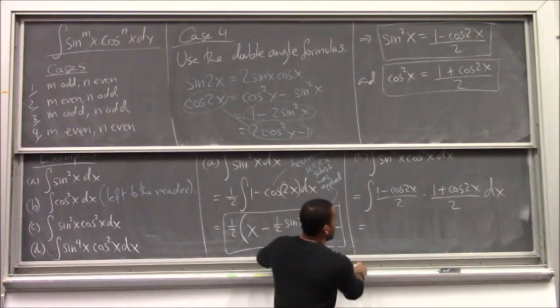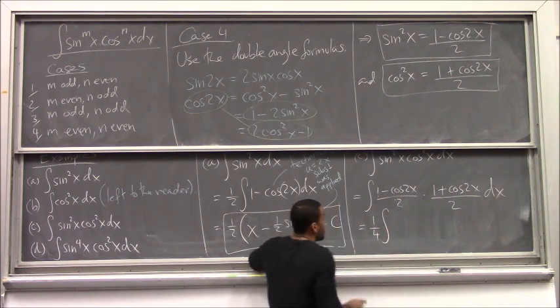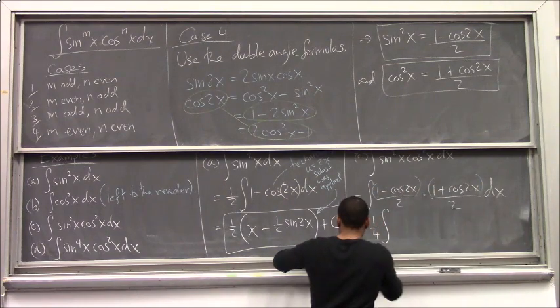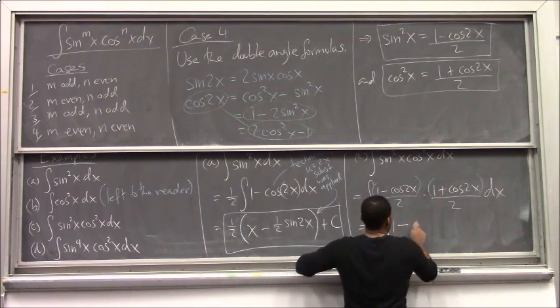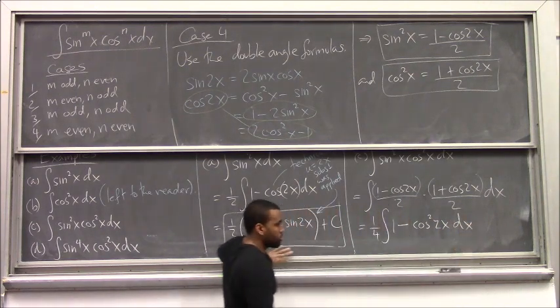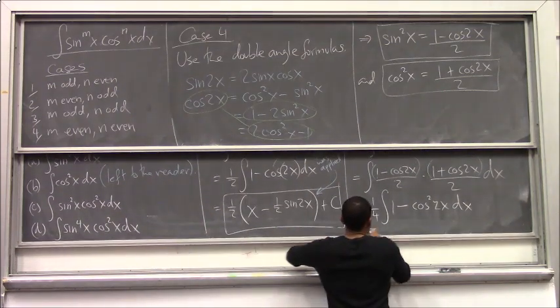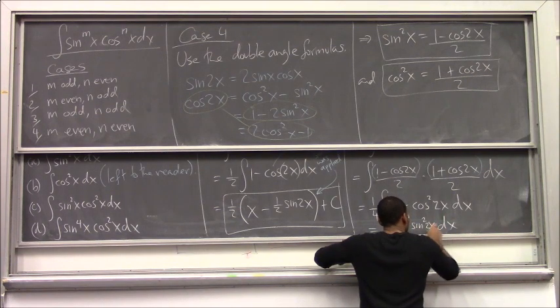What are you going to get here? Well, the 2's you can factor out as a quarter. So you're going to have 1 minus cosine 2x times 1 plus cosine 2x. What is that? 1 minus cosine squared 2x. That is the difference of squares. 1 minus cosine squared 2x. What is that? That's just sine squared, right? So this is actually 1/4 times the integral of sine squared 2x,